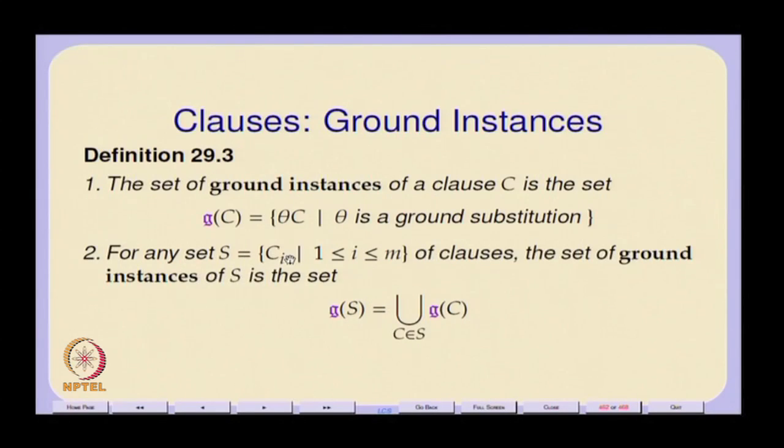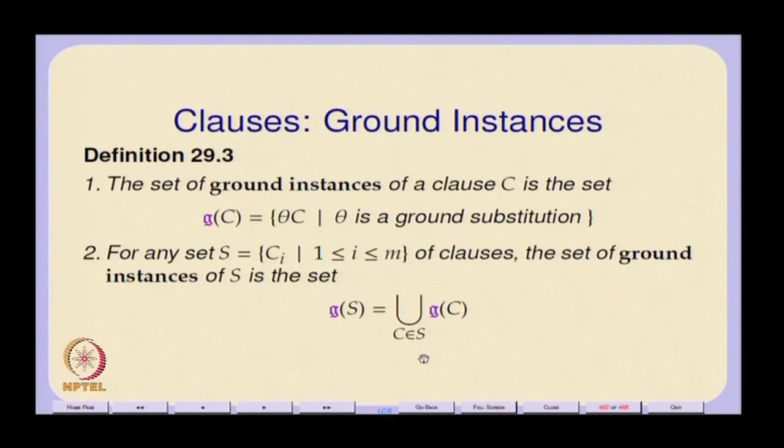If I have a finite set of clauses S, then the set of ground instances of S is essentially a big union of the sets of ground clauses. Notice that all this is consistent with our interpretation that this set S is implicitly universally quantified over all the variables. The only problem sometimes is that...